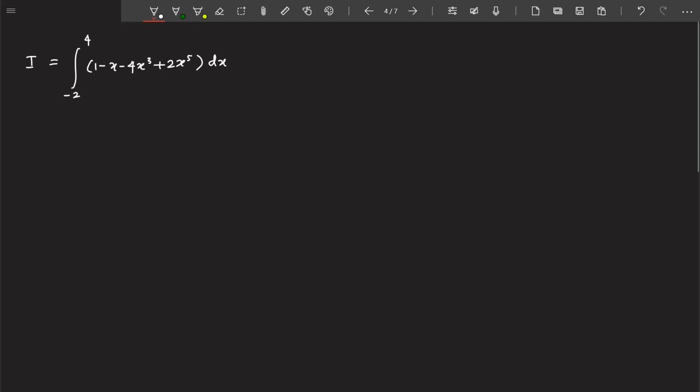Okay guys, now let us talk about Simpson 1/3 rule. Okay, now the formula for calculating or solving the integral numerically using the Simpson 1/3 rule. The formula is